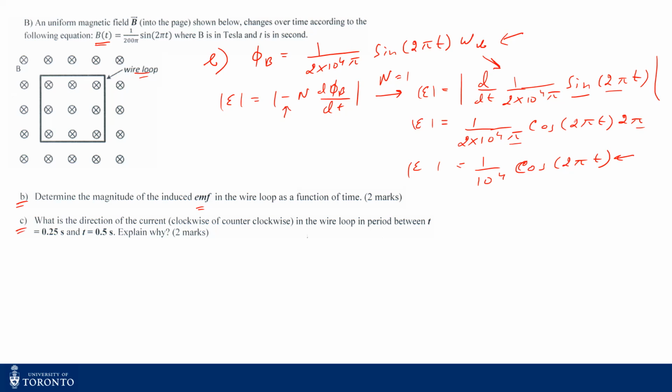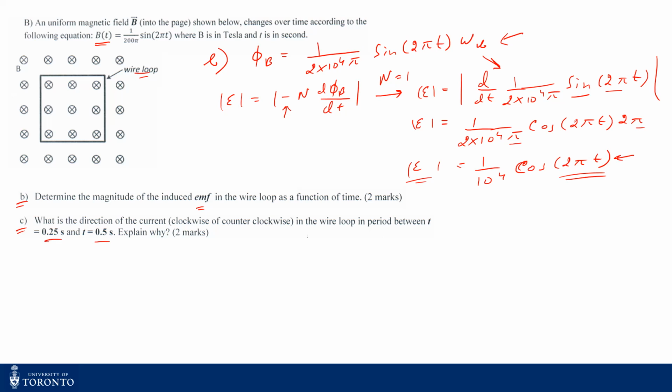So now in the third part C, you have to find out what's the direction of the current, right? So this is the induced EMF, but remember, this induced EMF is a time varying function, so it's changing with time. Therefore the induced current direction is also changing with time, right? Why, we'll see in a bit. So you have to find out the direction of the current of the loop between this time,